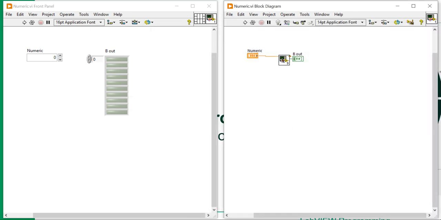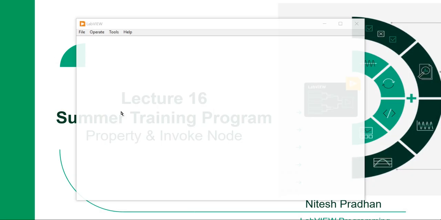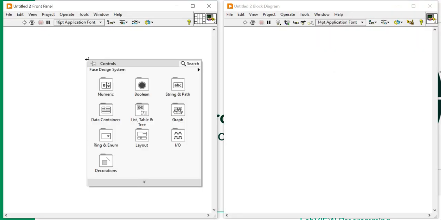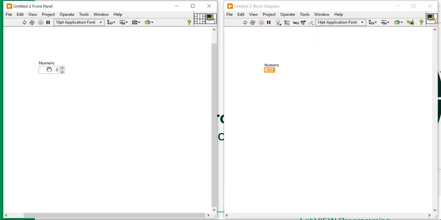Now come here. Let's go to another example. Suppose there are some numbers: current temperature,